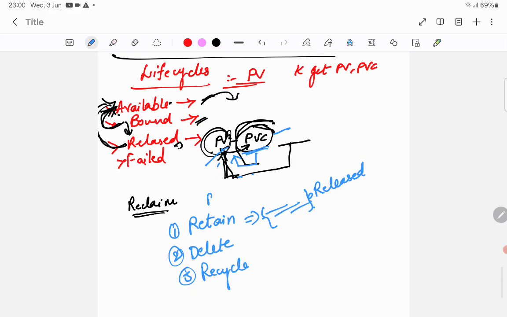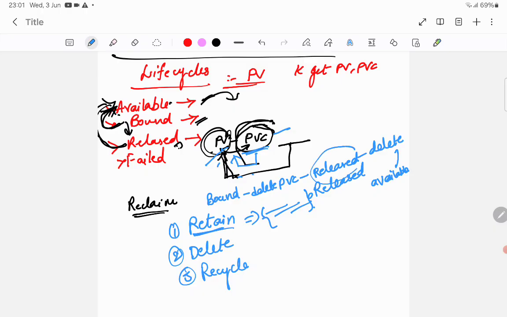Okay, so once it is bound and you delete the PVC, then the PV will go to the released state. It is not going to be available. Once you delete some lines, those things, then it will go to the available state. That is regarding Retain. And why do we need that much process? Because during this state, if you want, you can take a backup of the previous storage. So that's why you will use this kind of